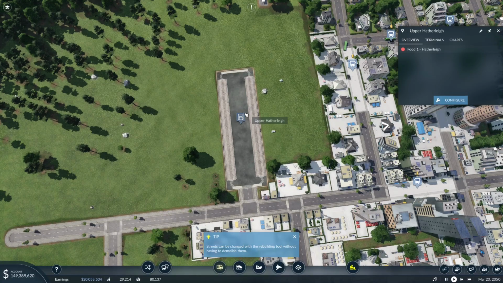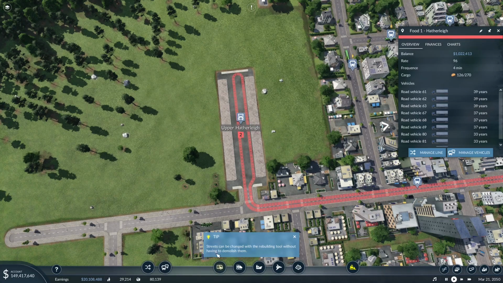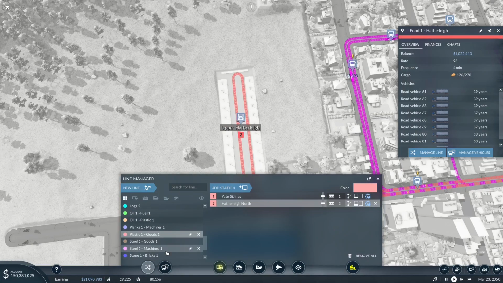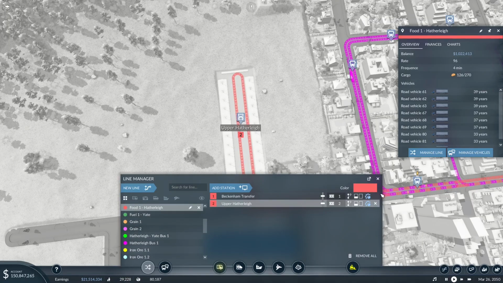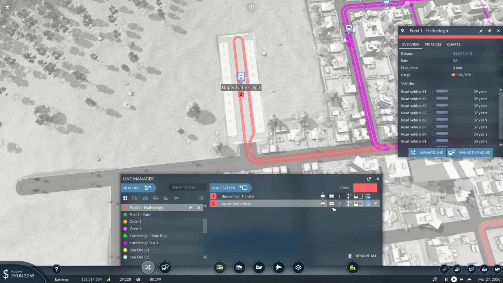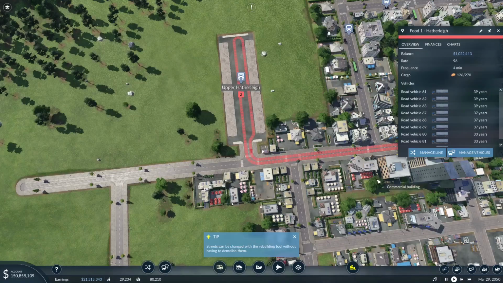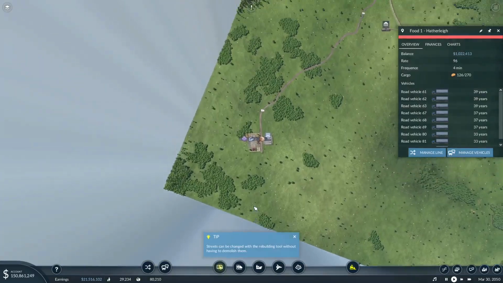So, okay, what lines did we have? Food line, food 1 to Heatherley. Let's go to that line. Let's also check if we have the loading, unloading. Yep, that is done. Yeah, okay, you're on the second platform. Very nice. Then we can simply